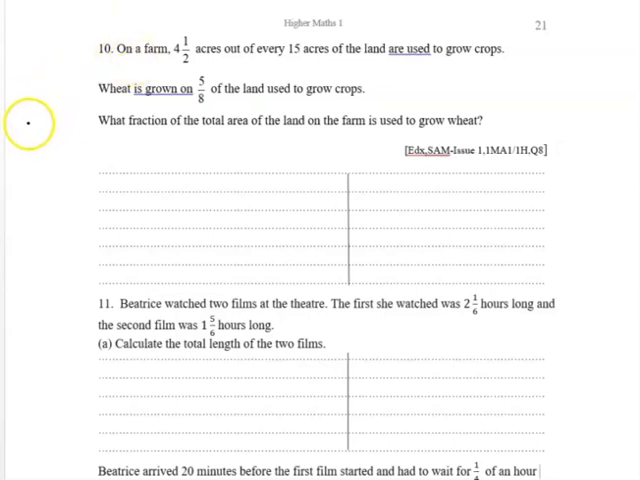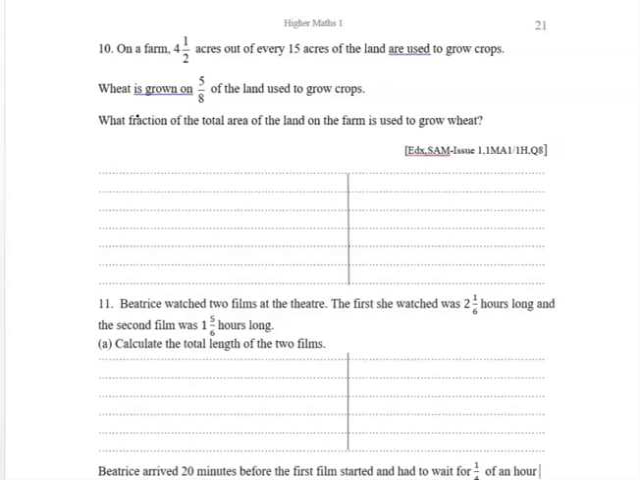On a farm, 4.5 acres out of every 15 acres of the land are used to grow crops. Wheat is grown on 5/8 of the land used to grow crops. What fraction of the total area of the land on the farm is used to grow wheat? Now, the first sentence is very crucial, as it says out of every 15 acres. When you say out of every 15 or out of every 5 or whatever, it means a fraction. So they're trying to say 4.5 over 15. For example, if I was to say 2 out of every 7 people have a green t-shirt, that would be